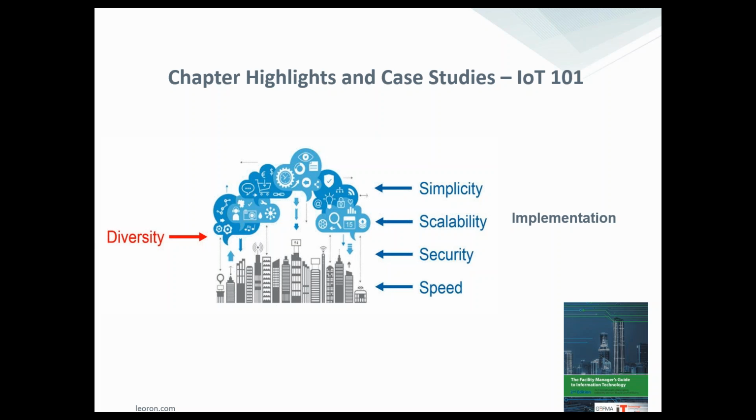The next piece is the scalability. We talked a little bit in the last slide about the idea that sensors are continuously producing data, and they're creating high volumes of data. We need to be able to actually have the storage ability to store those high volumes of data and cope with that amount of information as we analyze it. So there's a structure that needs to go around it outside of just the storage capacity.